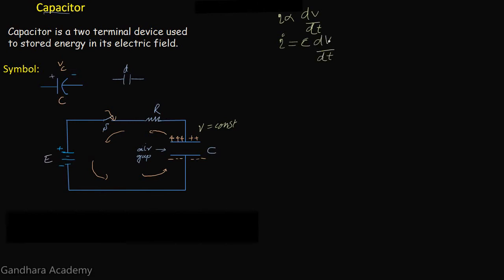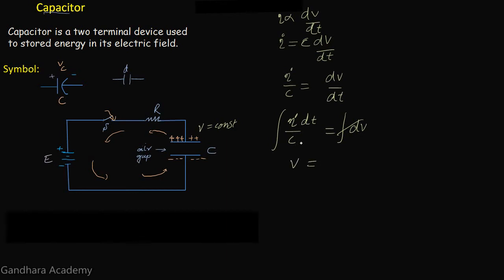Now to find V from this equation, I divided by C on both sides is equal to dV divided by dt. Now multiplying dt on both sides, we get I dt divided by C is equal to dV. Now to remove this derivative, we can take integration on both sides. So by taking integration on both sides, the derivative will cancel the integration, so V in this case is equal to